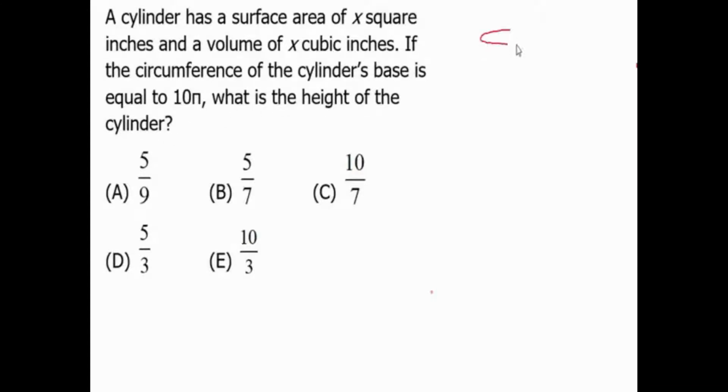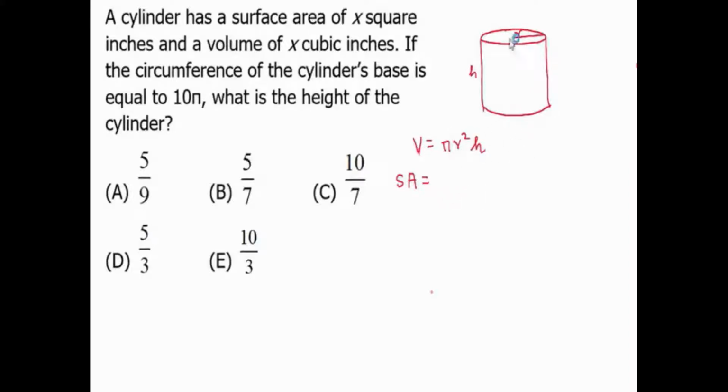A cylinder is defined by its radius, that is the radius of the circular faces, and its height. The volume of the cylinder is given as the area of each circular face, that is pi r square, multiplied with the height of the cylinder, and the surface area of the cylinder is given as the area of the